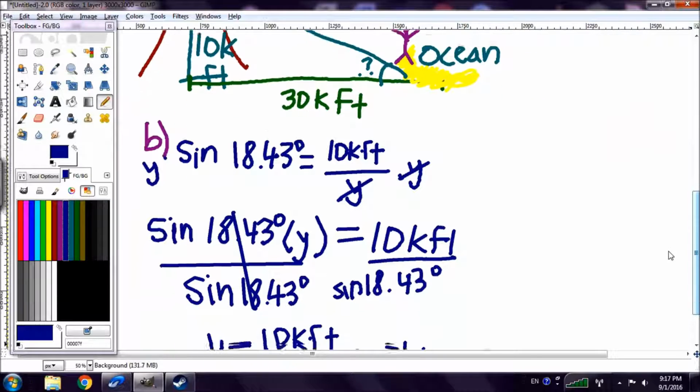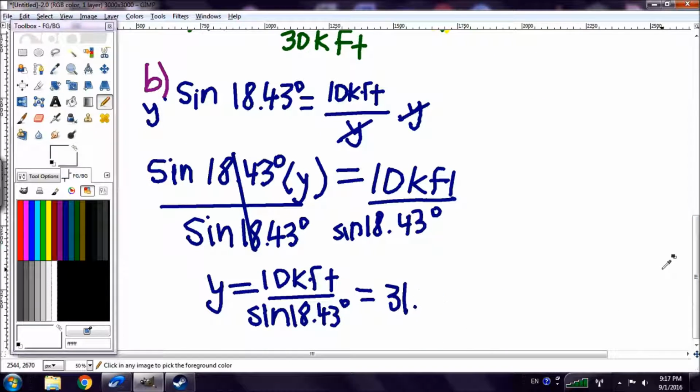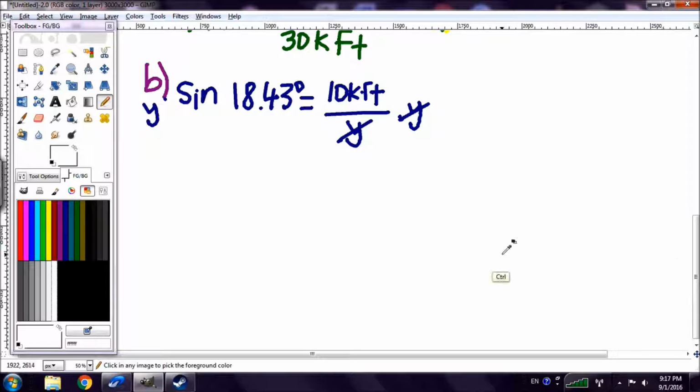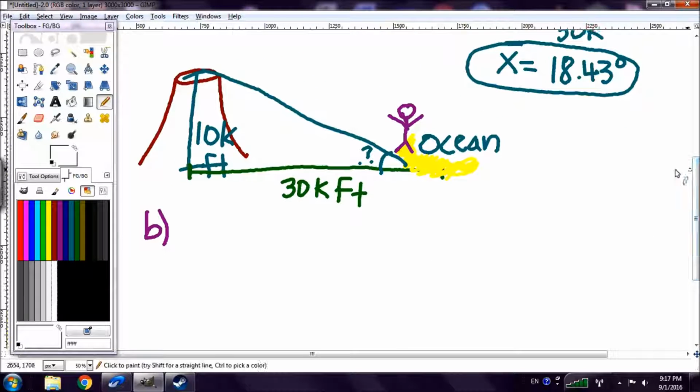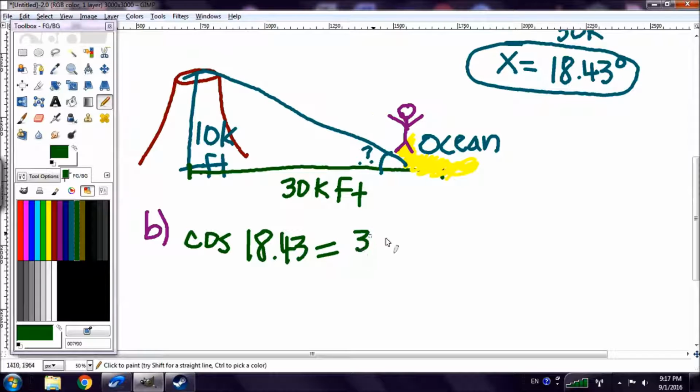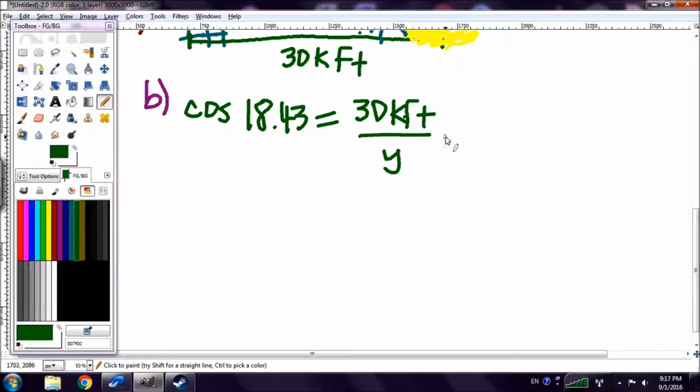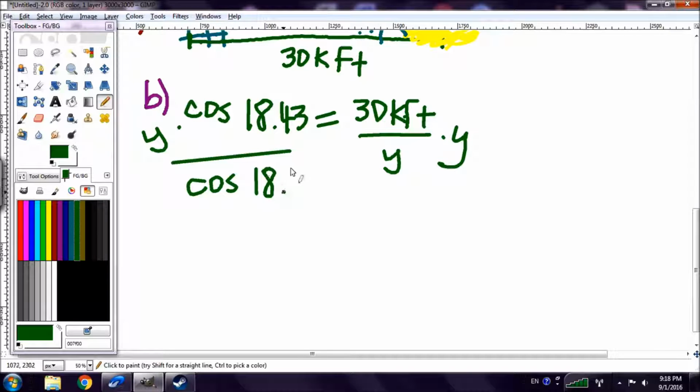You could also use cosine, where instead of using the opposite side, you would use the adjacent side. So use cosine of 18.43 equals adjacent 30,000 feet divided by the unknown y. In which case you would do the same thing, multiply y to both sides, then divide both sides by cosine of 18.43,